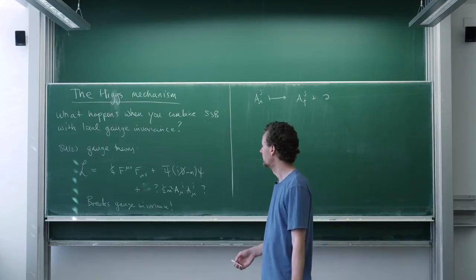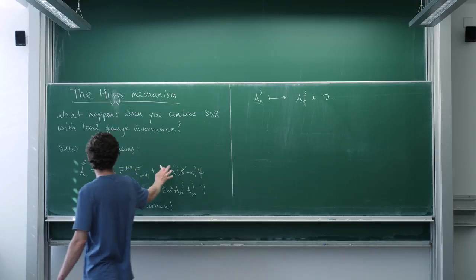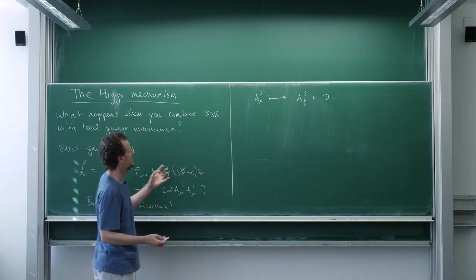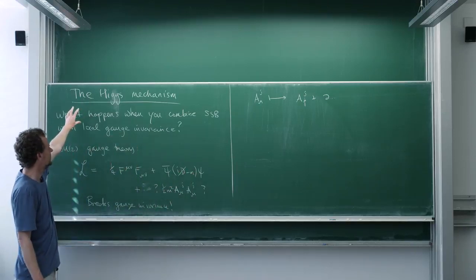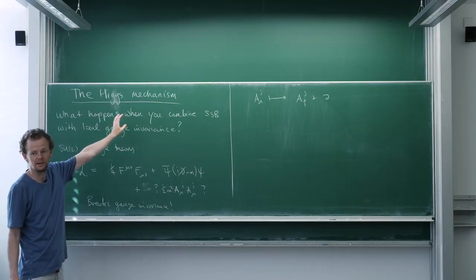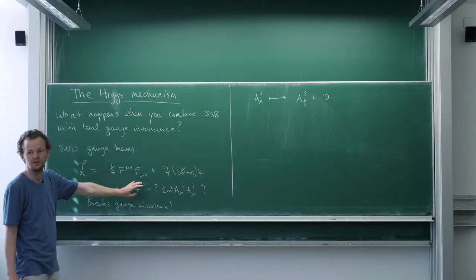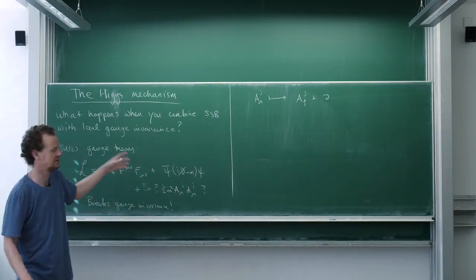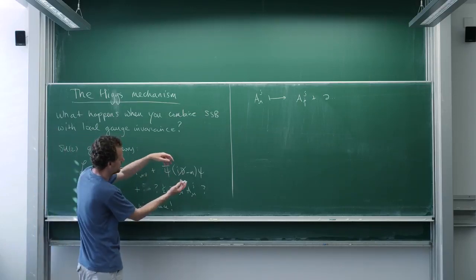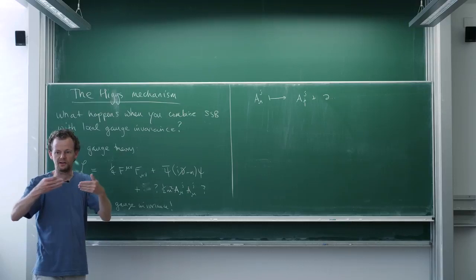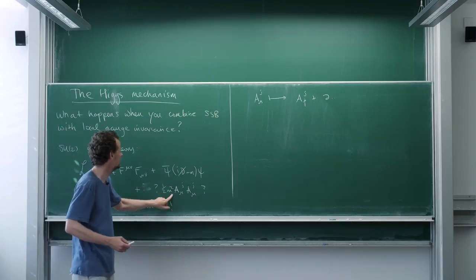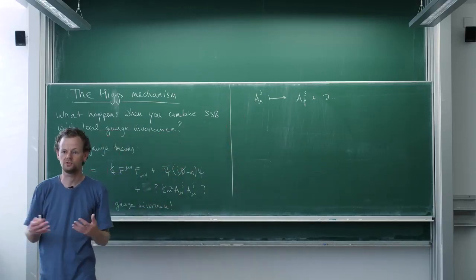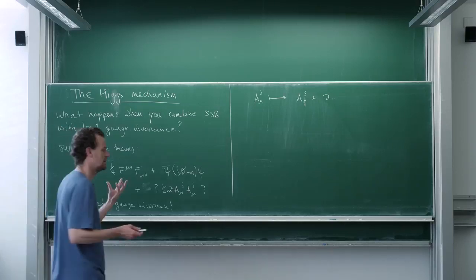So that's the puzzle. We have a local gauge invariant theory. We want to have some mass terms, but we can't. And it turns out the resolution to this puzzle is via the Higgs mechanism. Whenever we have a puzzle in physics, it usually points to there being additional degrees of freedom which can relieve the tension. So there's this tension here, right? Local gauge invariance and a mass term. These two things fight each other. They don't like each other. The mass term is not locally gauge invariant, so local gauge invariance fights this mass term. So you have this constraint that you can't resolve. But whenever you have constraints in physics,